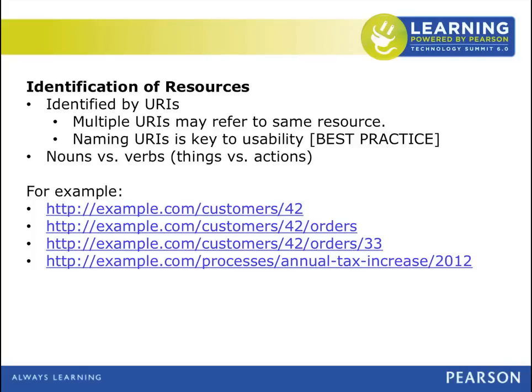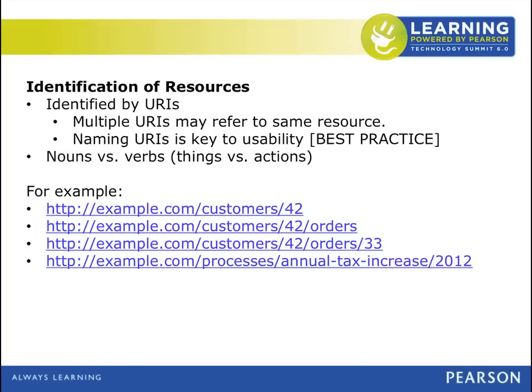Another key point is you can have multiple URIs or URLs referring to the same resource, and I'll show you an example of that later. I call those aliases because they might have the same thing. The URL is hierarchical; it gives a little context,